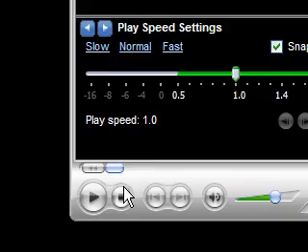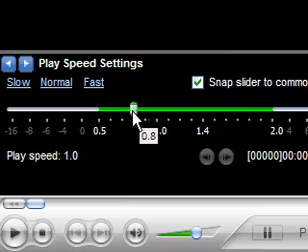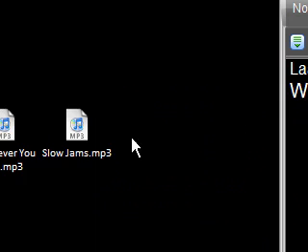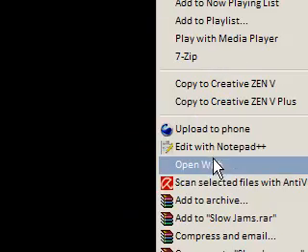So I want to slow this down, so I'm going to put this down to about 0.5 and then I'm going to play it. It might sound a bit horrible, but you can see that I'll be able to pick out the notes and play them. So that is Wherever You Are, and if I try it with Slow Jams,